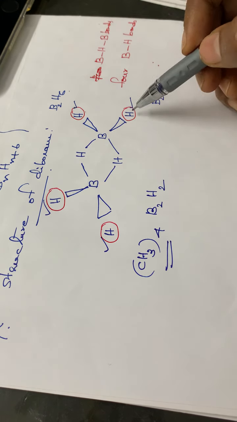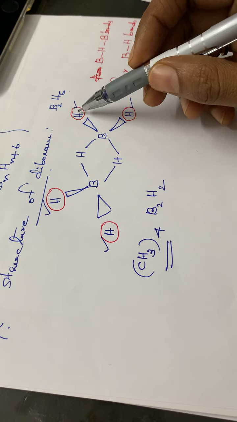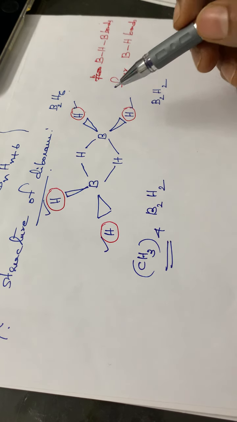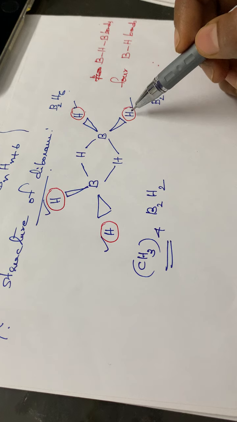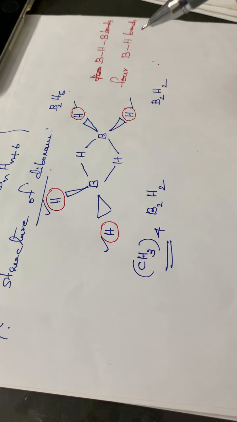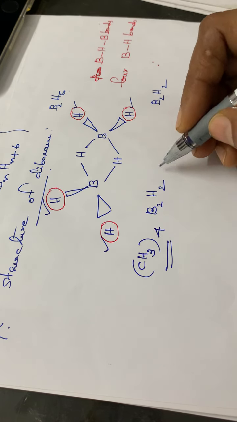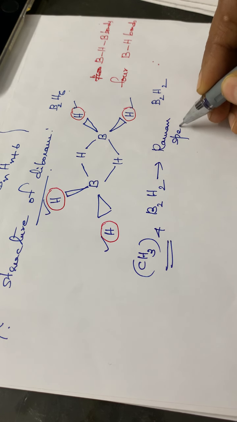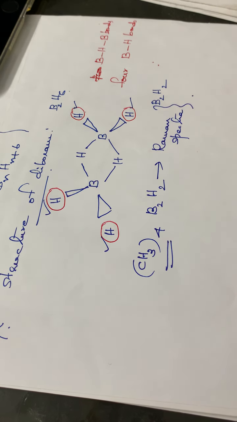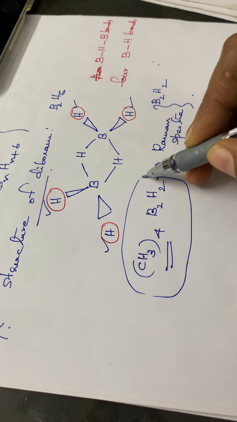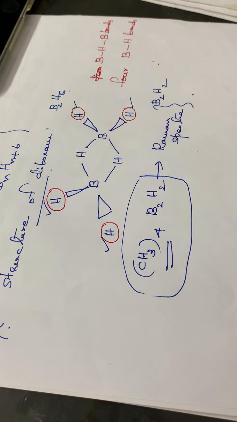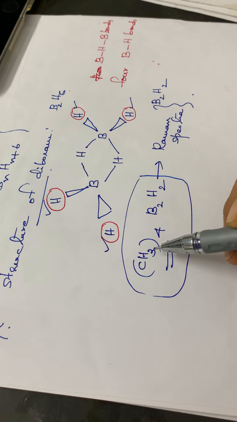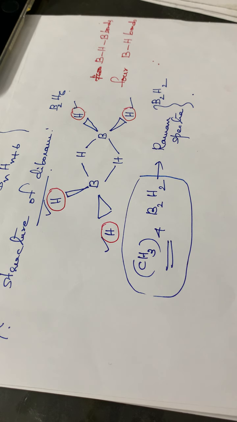Okay, so that shows that these 4 hydrogen atoms are at the terminal positions or at the end positions of the diborane molecule. Okay, so this study is based on the Raman spectra. It is from the result obtained from the Raman spectra. So from Raman spectra, we can say that when diborane is methylated, we will be having CH3 4 times. It is tetramethylation that is going on there. That means 4 replaceable hydrogen atoms are there.